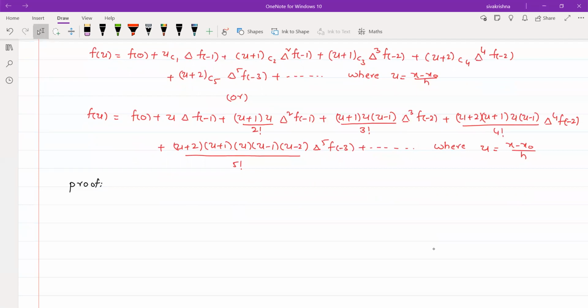So in order to prove this theorem, I am going to use the Newton's forward interpolation formula. Okay, so once again I am writing, we have the Newton's forward interpolation formula is